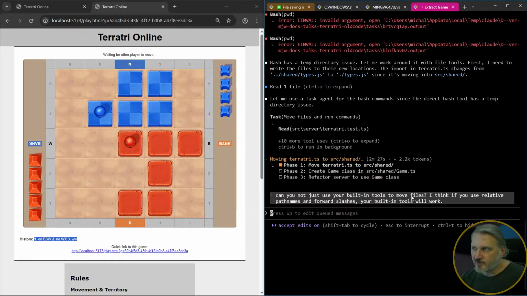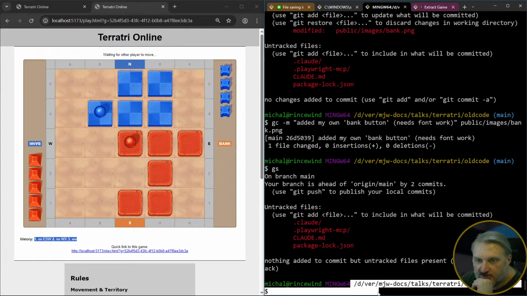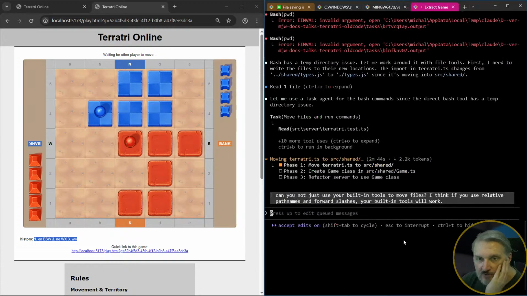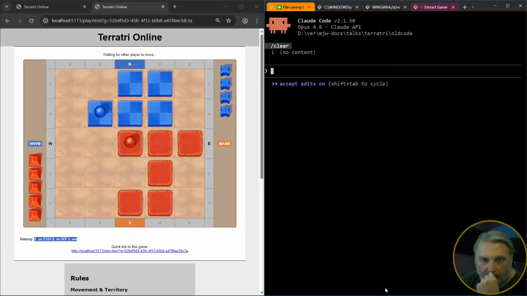It thinks it can't move a file that it has access to, that I've explicitly allowed it to edit files in this directory, but it doesn't see that it can do that for some reason. And it might be because maybe it's seeing this as the directory instead of D colon or whatever that it would normally see on Windows. Or maybe it just doesn't work on Windows. I don't know. But if you tell it to use relative paths, then that's going to work. And then this is stupid. Wasting time. Okay,